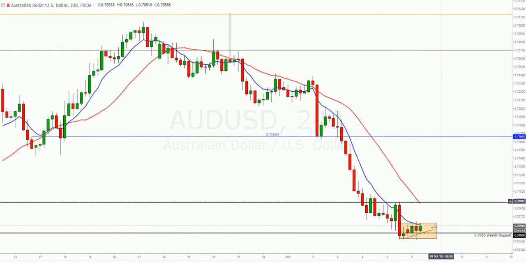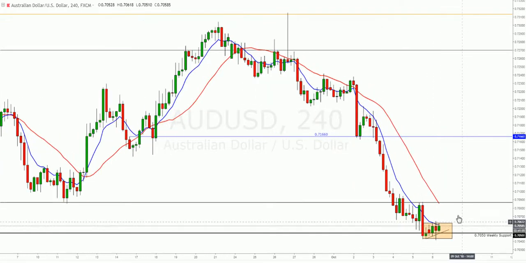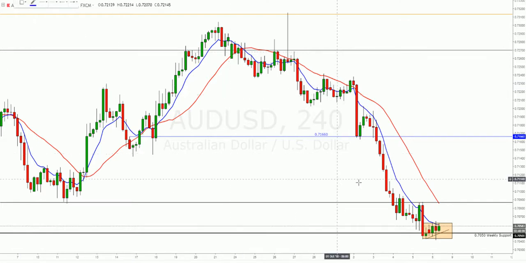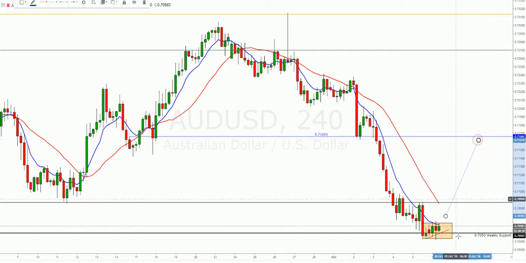Now 4-hour, you can see we've already started to consolidate this region in this little box range here. Moving averages closing down onto price, squeezing price to that level. So I'm just waiting to see what happens here. Let Monday get out of the way, potentially even Tuesday, before seeing a move. As the simple moving average closes down in price, we could be seeing something like this,